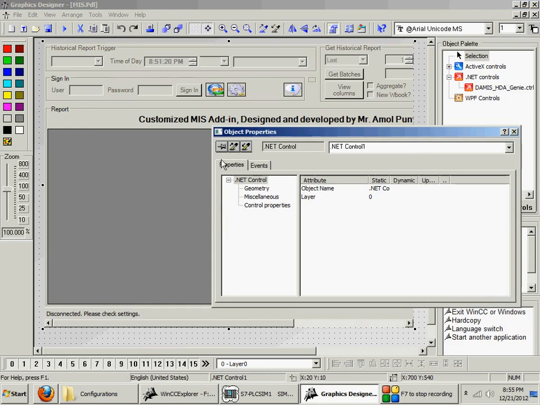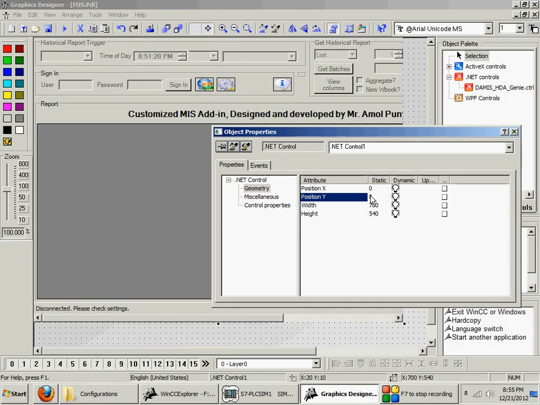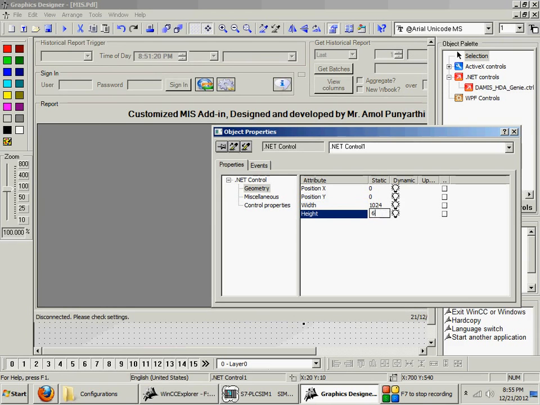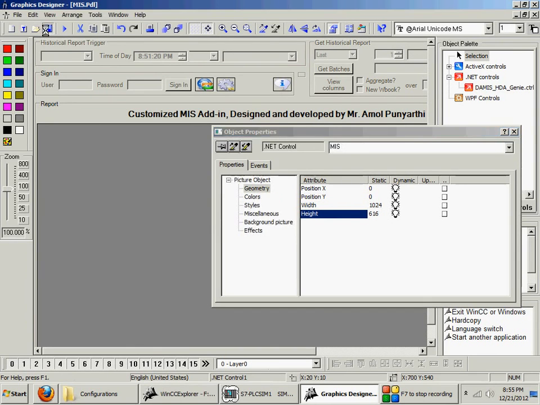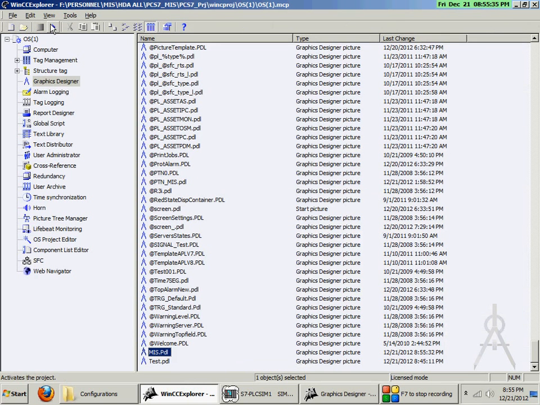I will just make it occupy the full screen. We are done with the configuration. Now we will start the runtime.